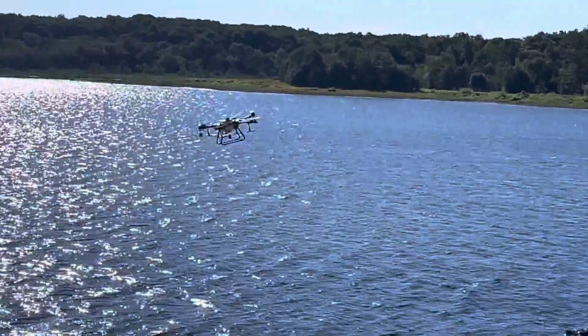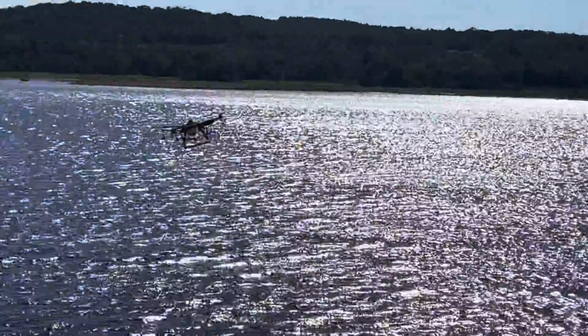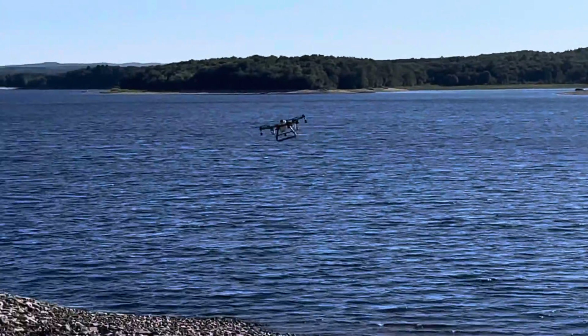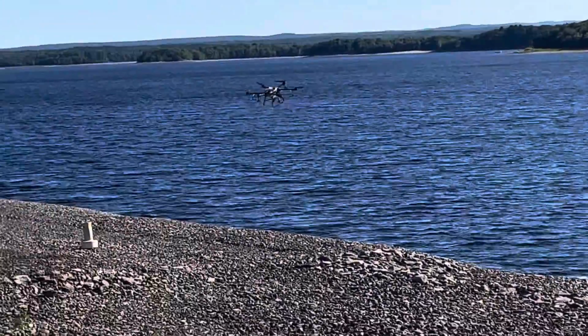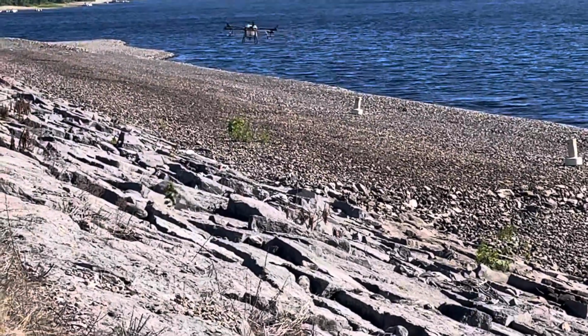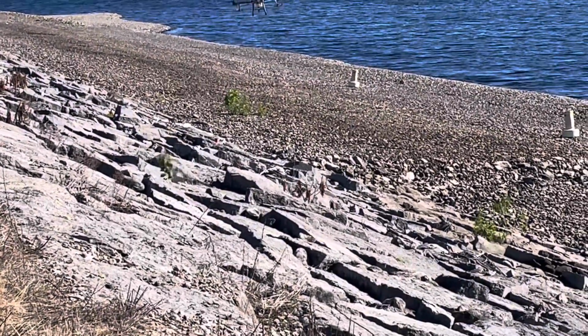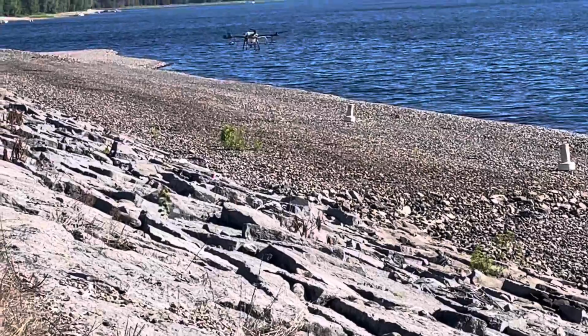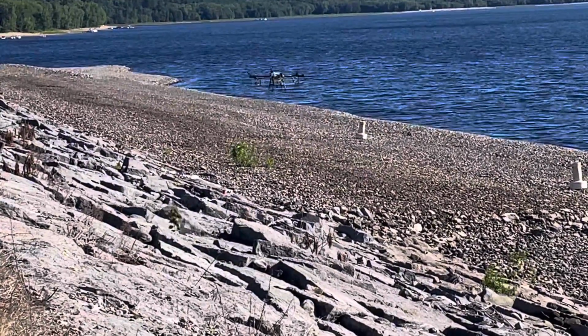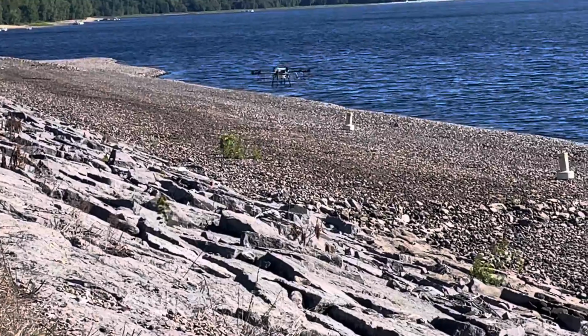So this is a T30 DJI spraying drone. It carries about 8 gallons of mixed product, and he's going to be coming in here and looking for these little spots of vegetation, and we'll be treating each one. So he's got a forward facing camera and a bottom facing camera,